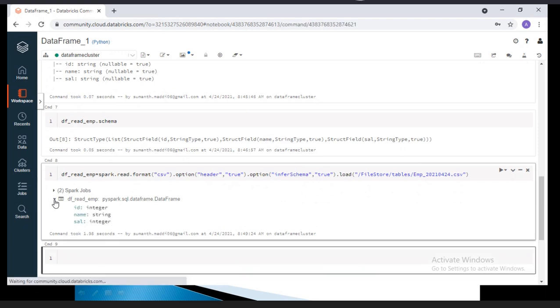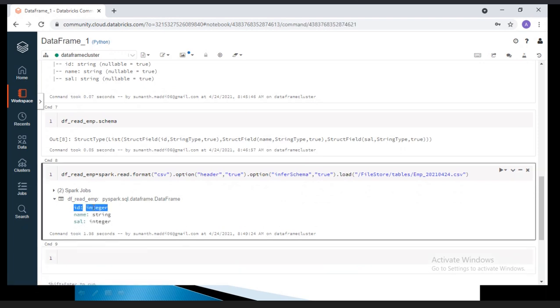Let me expand. Now you're able to see the integer.